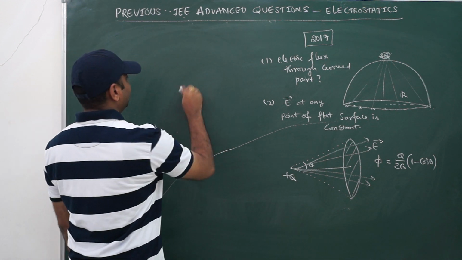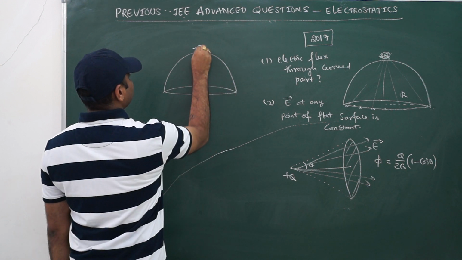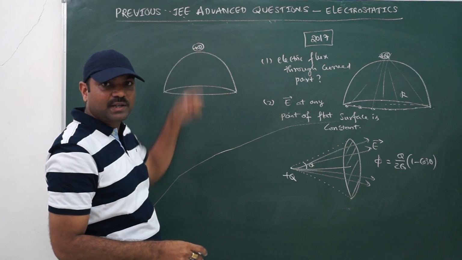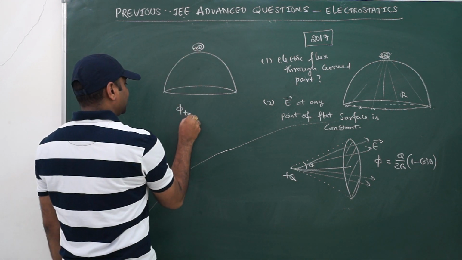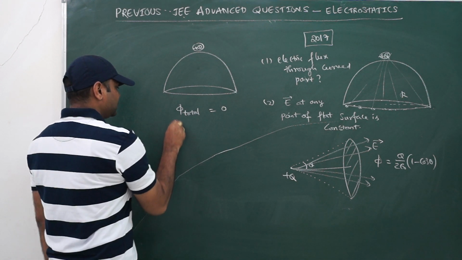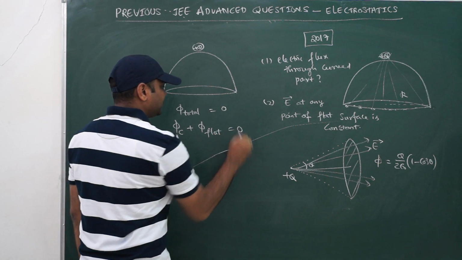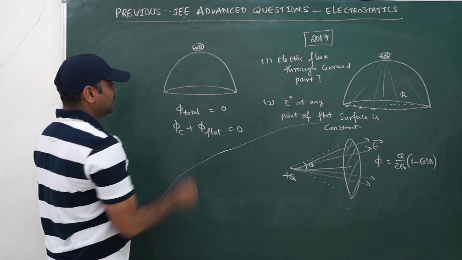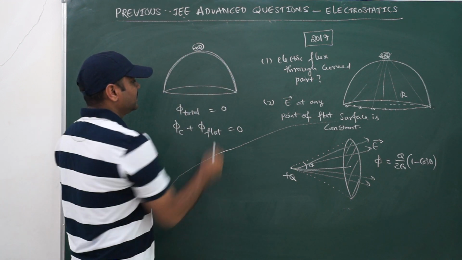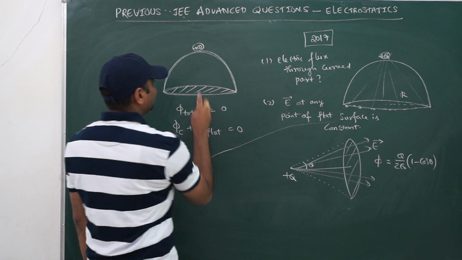Suppose I am taking the entire hemisphere and this is the charge kept. Now the charge is not in the hemisphere, it is outside the hemisphere. Then what is the total flux value I can write down? I can write the total flux value is equal to 0. That means the flux through the curved surface and the flux through the flat surface together will be 0. The flux through the curved surface is somewhat tough to identify. Then what is the flux through the flat surface? The flat surface we can identify.